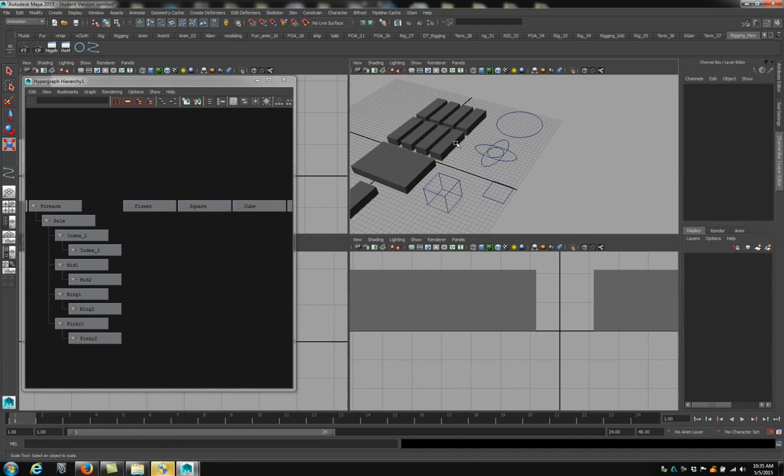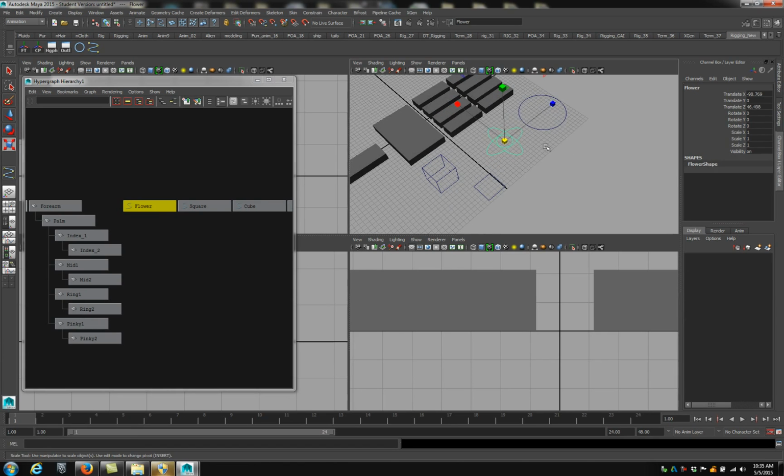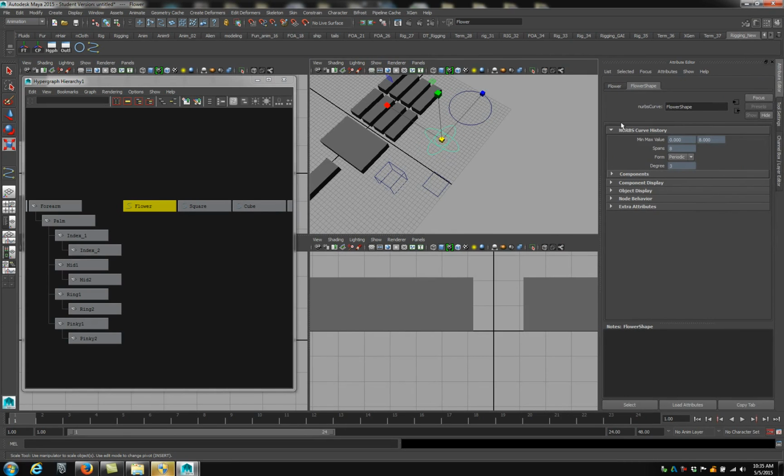Now, an important thing for rigs is having the controls pop a little bit better when they're wrapped around a model, so we want to color them. If you hit Control A, make sure you're under the shape and not the flower part, the original name. So spline shape, or come down to Object Display, Drawing Overrides, Enable, and now we can change its color. Left clicking, I like to choose a nice hot red,